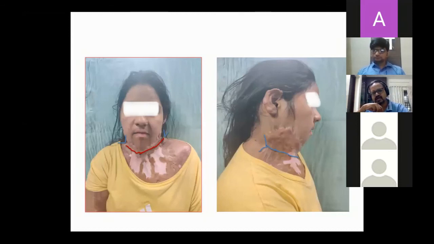The next question is the orientation of the SSG taken from the thigh in the recipient bed, and how to place it. You place it transversely. Try to get one sheet for the whole neck and another sheet for the submental area. Keep the two sheets just overlapping each other in the cervicomental area, take bites through them, and leave the thread long so that one part can be used to tie the bolster on top, and the other long thread can be used to tie the bolster for the neck area. One for the submental and one for the neck area. That's probably how we will be doing the grafts.